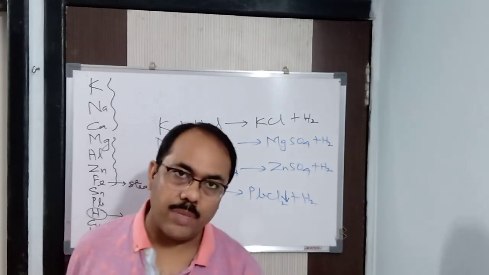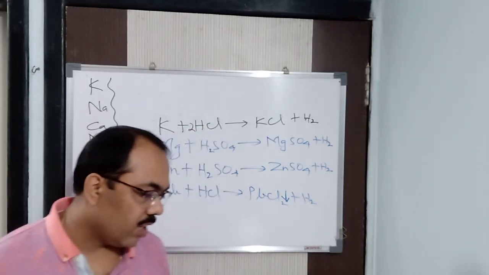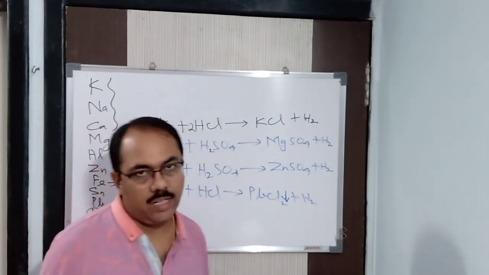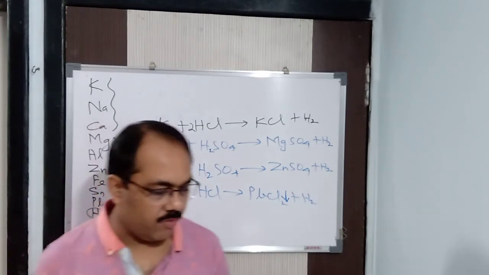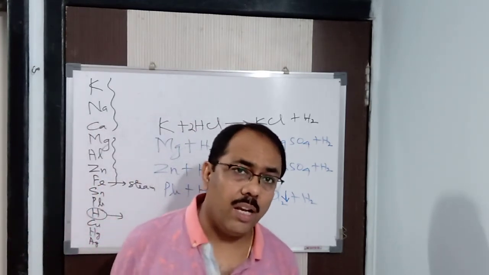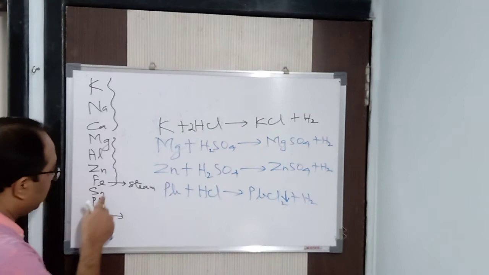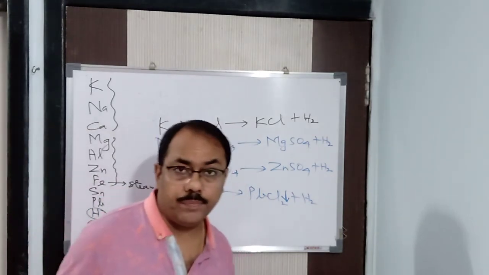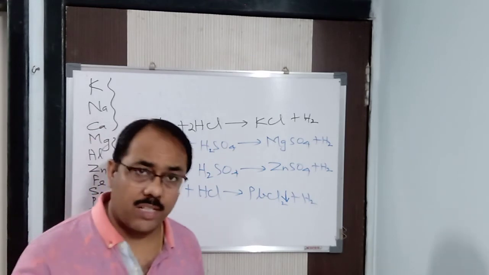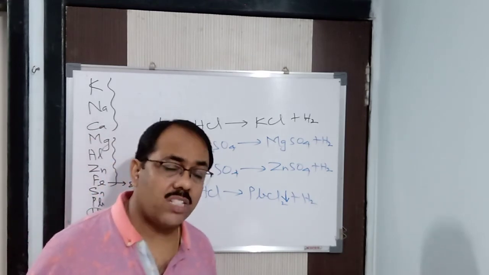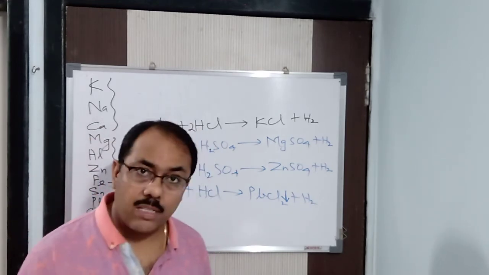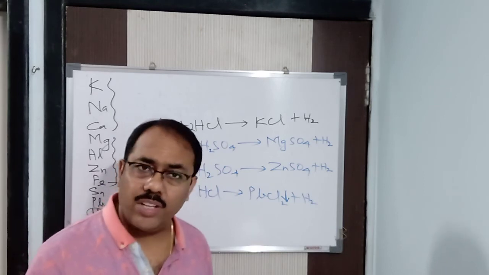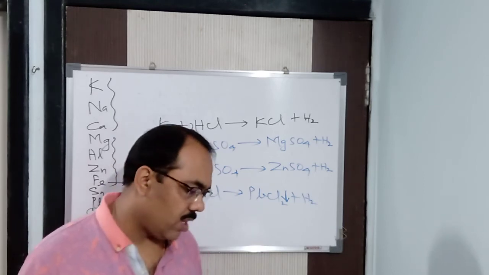With the tin, the reaction can be considered, but it is less vigorous in nature, very less vigorous, because tin is less reactive, because you can see that tin is just above the lead. Alright, so we can use tin. Tin plus HCl will give you stannous chloride, and hydrogen gas is evolved, but it is very less vigorous, meaning the reaction is very slow.